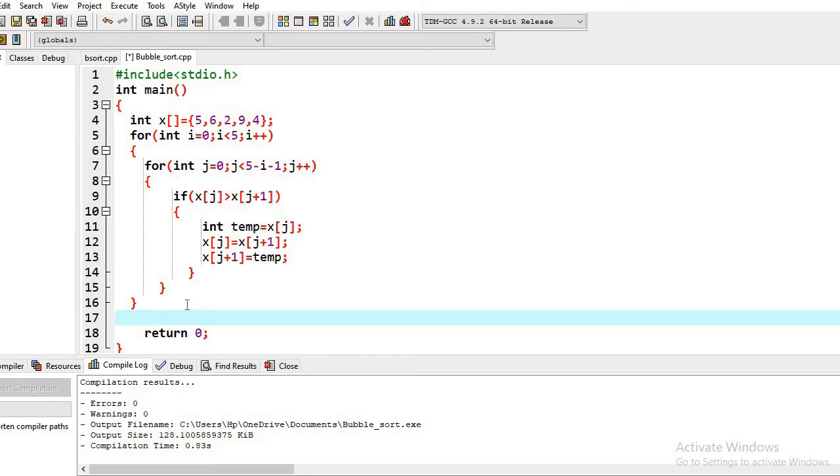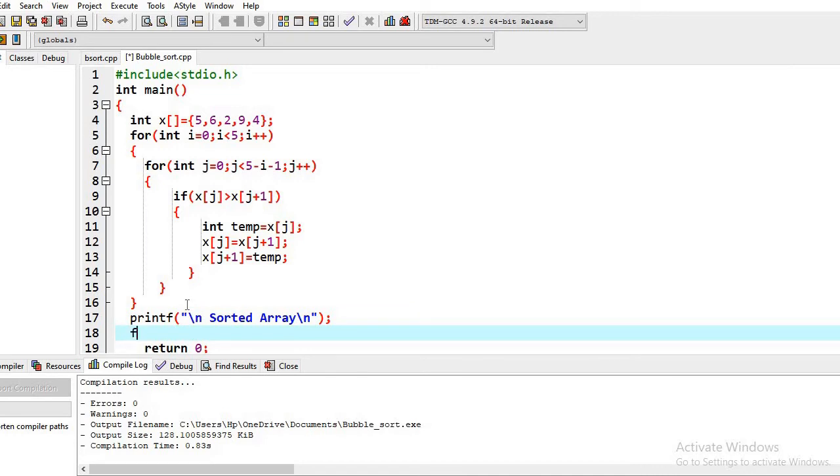Now we have to print the sorted array. So for that, first of all, I will write a proper message that it is a sorted array. Then a semicolon, of course, otherwise it will give us an error.